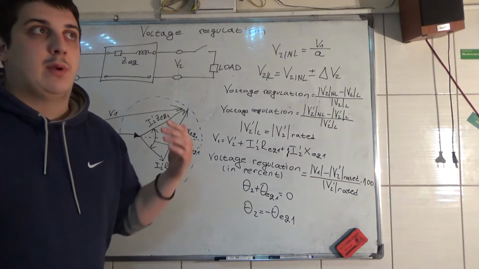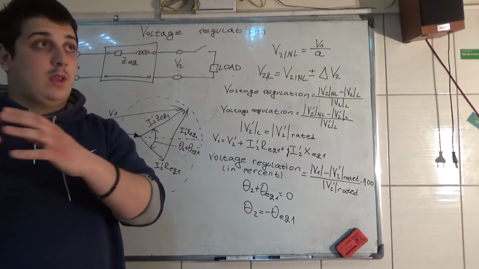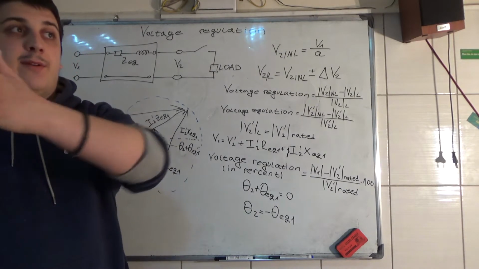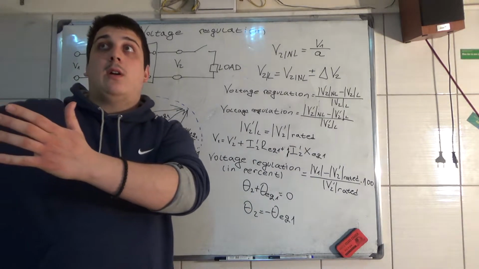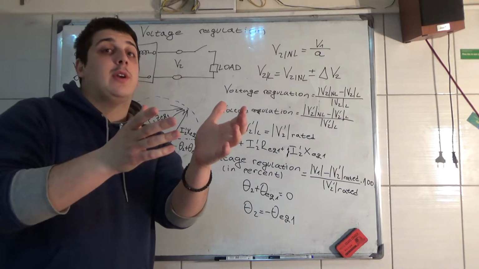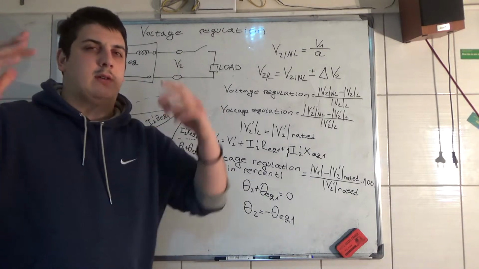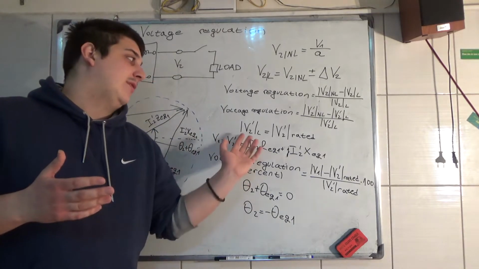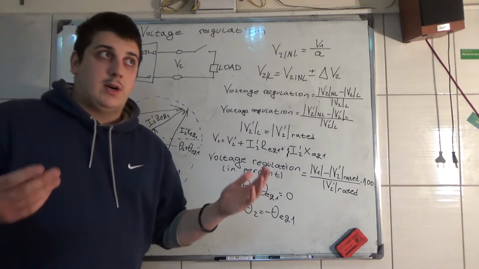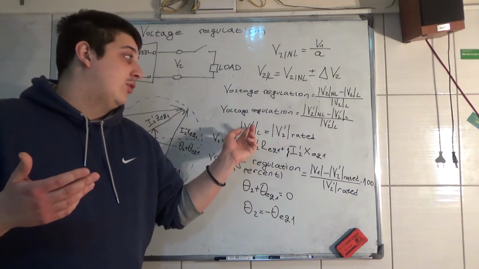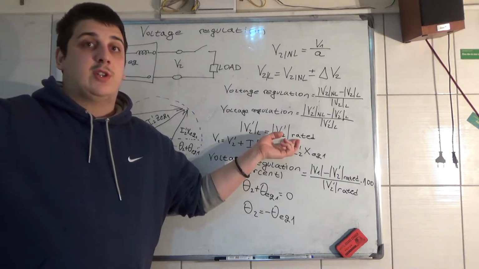For example, a transmission transformer and a distribution transformer work on the same principles, but they are designed differently because of the application of that transformer. So we usually say that the load voltage is the rated voltage which the engineers and the manufacturer designed